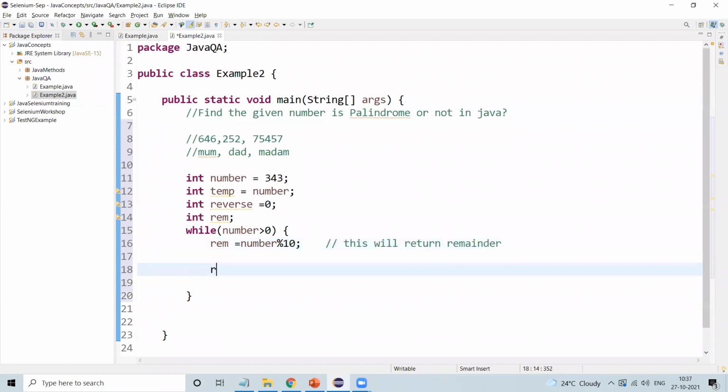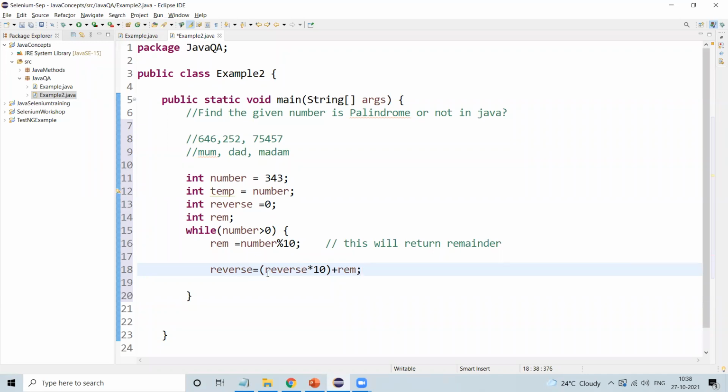Then what we need to do is reverse equal to reverse into 10, then add this remainder.